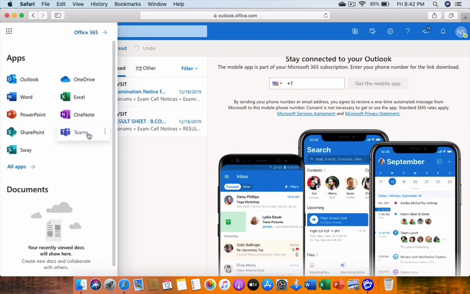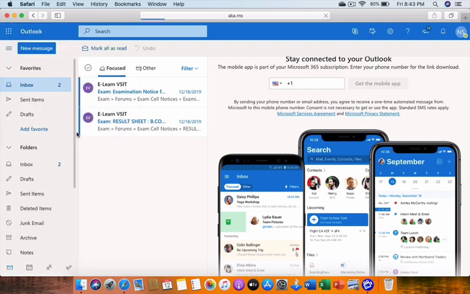For conducting the lectures we are using Microsoft Teams. You can find the application Microsoft Teams over here. And one more thing, you have the Office 365 option over here. If you want to install Word, Excel and PowerPoint in a licensed version, you can click on this link and follow the steps. You can download Word, Excel and PowerPoint in a licensed version on your computer. So right now we will cover Teams.